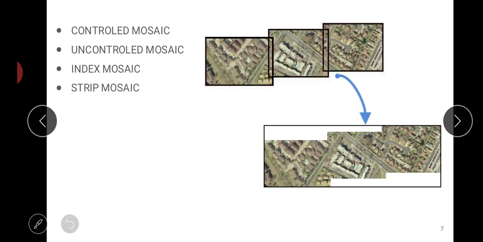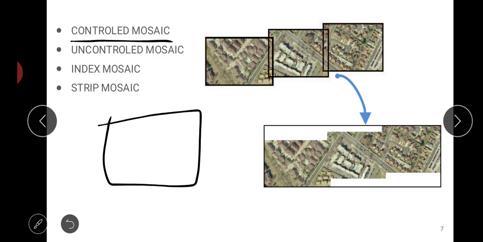Now this mosaicing is of four different types: controlled mosaicing, uncontrolled mosaicing, index mosaicing and strip mosaic. What is controlled mosaic? Controlled mosaic is one wherein the photographs are carefully assembled so that the horizontal control points agree with respect to previously plotted positions, which I explained already.